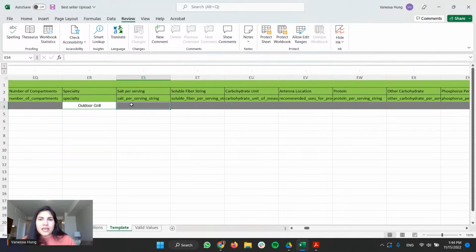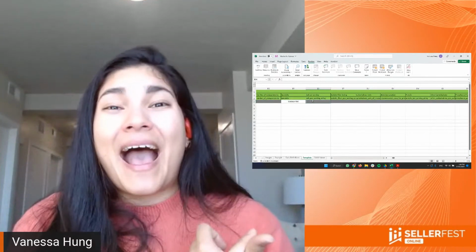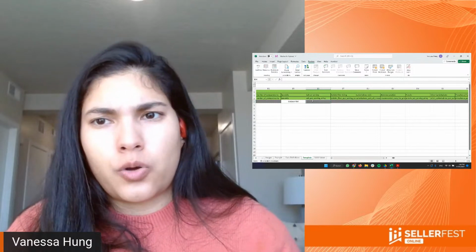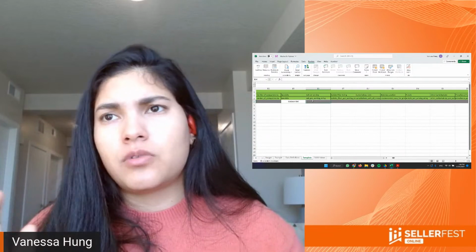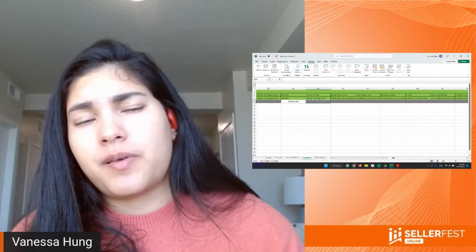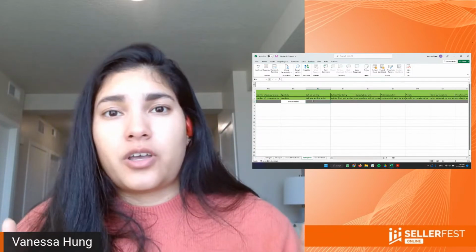And if you're already indexing for the keyword, this is very hard to tell. If I am already indexing for outdoor grill, so if I add outdoor grill in my specialty, this won't give me a special power of indexation, right? So nothing happens. I'm not indexing more, and the information is not showing in the front end, meaning it's not showing in my product detail page. Okay, perfect. Nothing happens. That's okay.